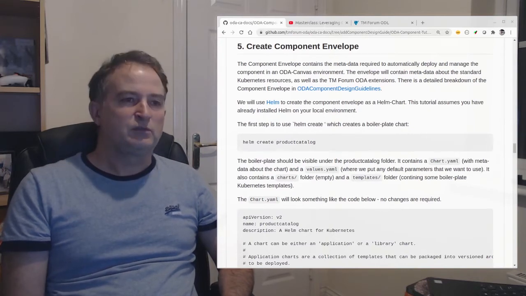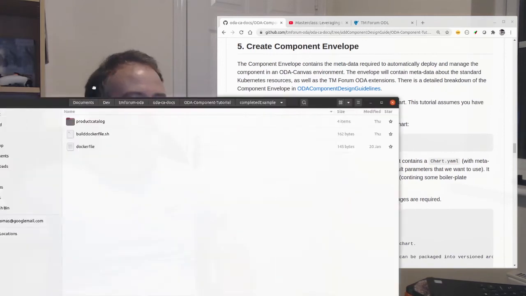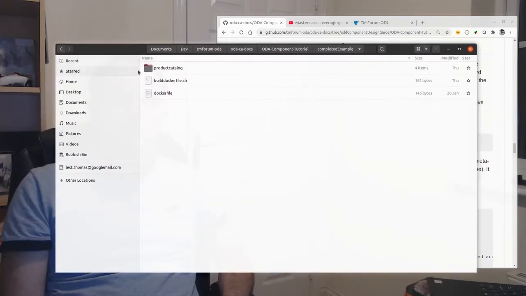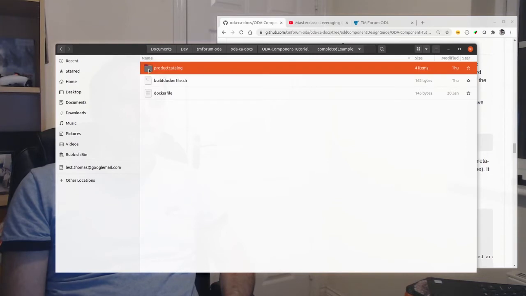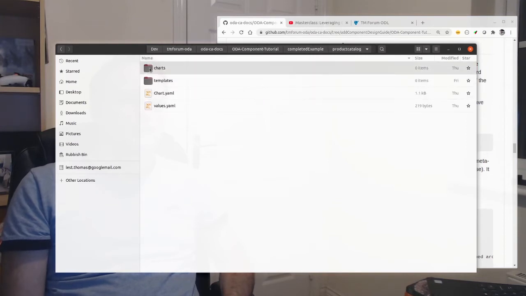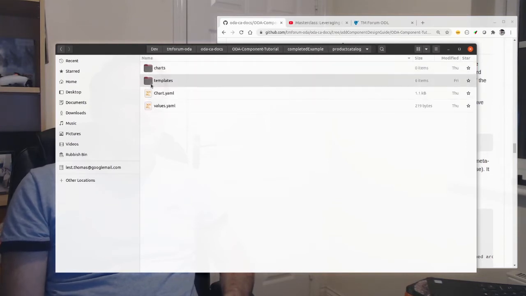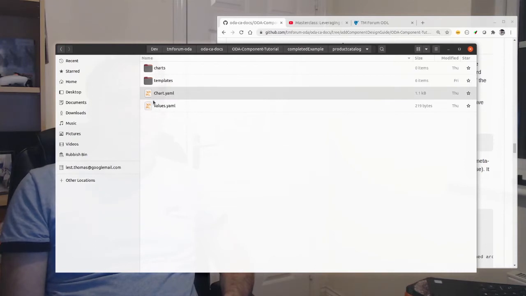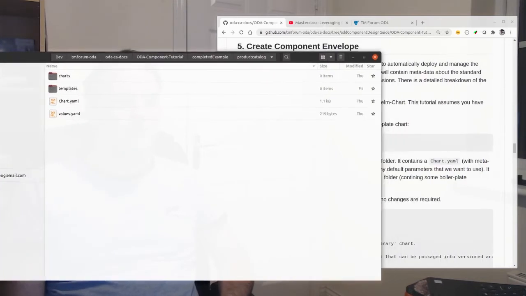So I do helm create product catalog, and it'll create some boilerplate code. As you can see, it creates a folder which has got the templates for a product catalog, and in that there'll be a charts folder, a templates folder, and then a Chart.yaml and a values.yaml. And if I go through all of these in turn,